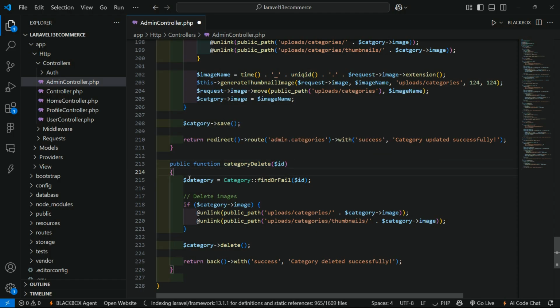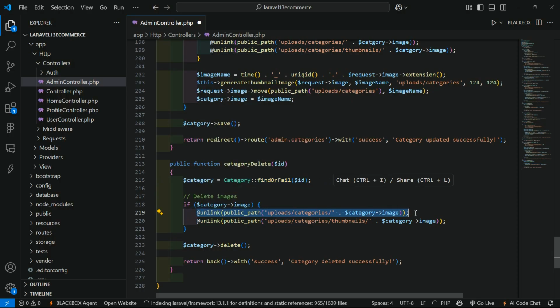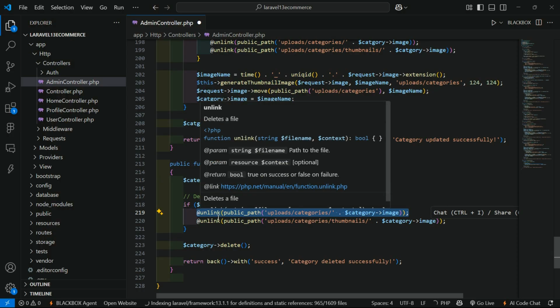Now let's fetch the category according to this ID. Right here, model name Category, then colon colon, function name findOrFail, and inside this method just pass the argument, which is $id. After getting the category according to this $id, first of all let's check if the category has an image, which means it has some value. Then first of all delete the category image using the unlink directive, and then